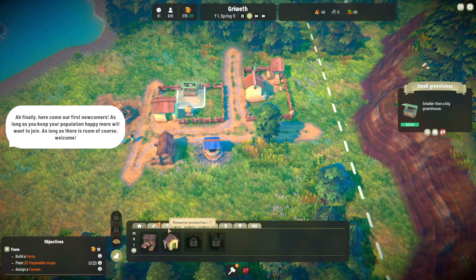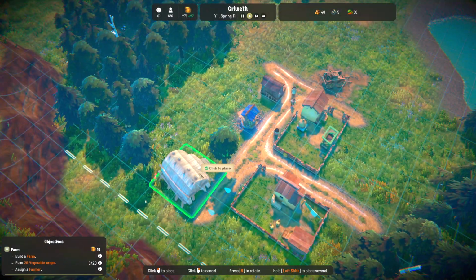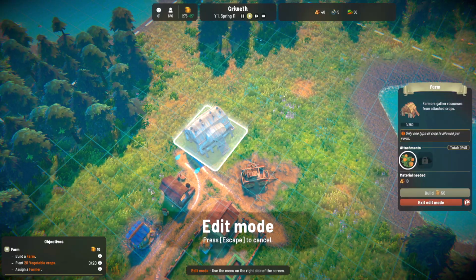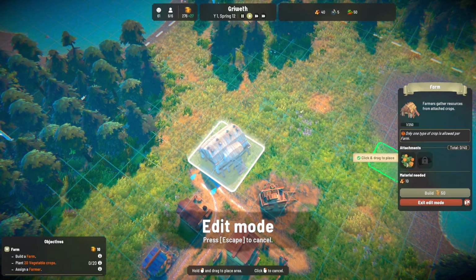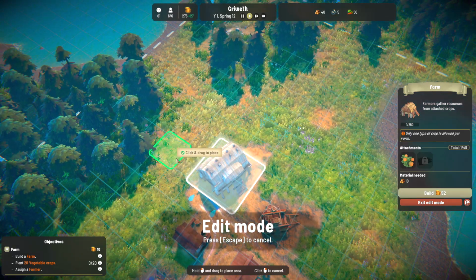Welcome, welcome. All right, so we got to do food next. They want us to do a farm. Gotcha. I'll probably put the farm right here. Well, do we have a lot of space? Let's put a farm right there. And I'm guessing this is going to want fields. So we've got pumpkin crops. How many should I build? I actually don't have a good reference for this. Let's do just like a...